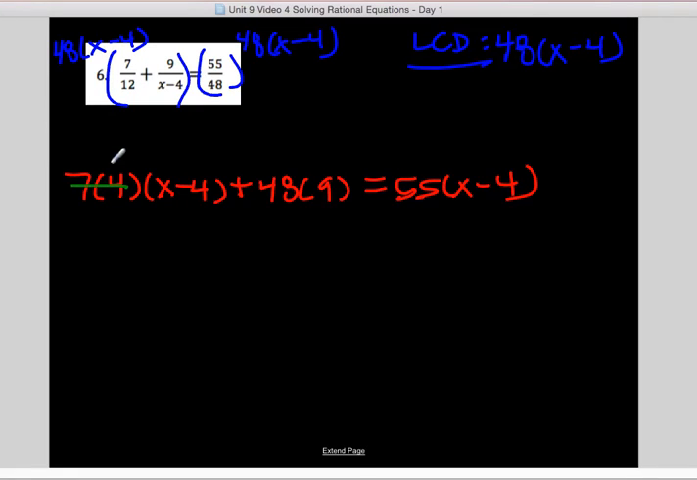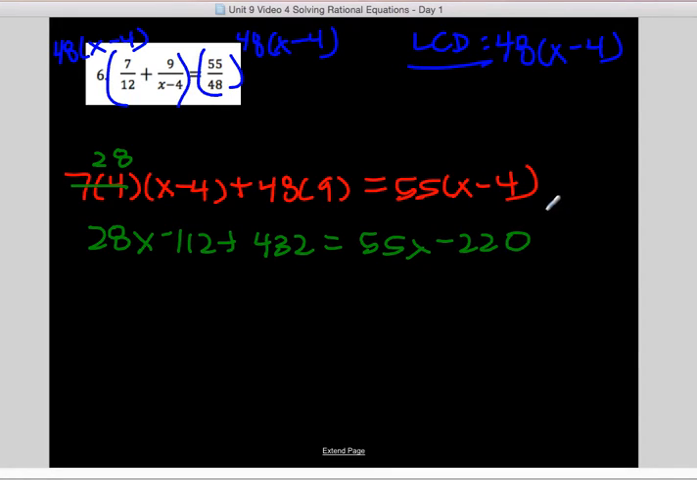Okay, now I have, this is really 28, so I'm going to distribute that. So I have 28 times x, so I have 28x, minus 28 times 4 is 112, plus 48 times 9 is 432. That equals 55x, and then 55 times 4 is minus 220. Combining my like terms, negative 112 plus 432, I'm going to get 28x plus 320 is equal to 55x minus